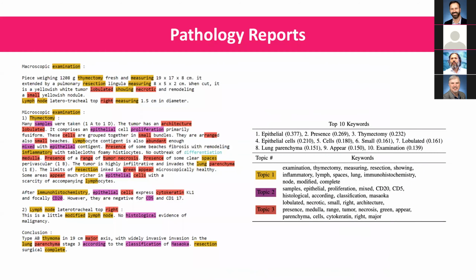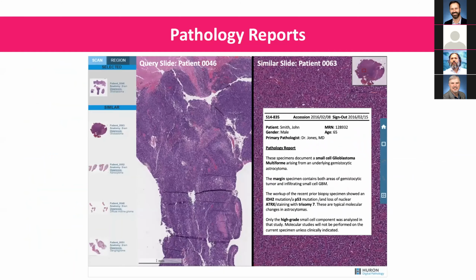Of course, there is a lot of information in the pathology reports. Here, just a simple example, you can break it down into topics, you can break it down into keywords. When you show this report here, you can highlight specific parts upon request, because you don't want to bias the